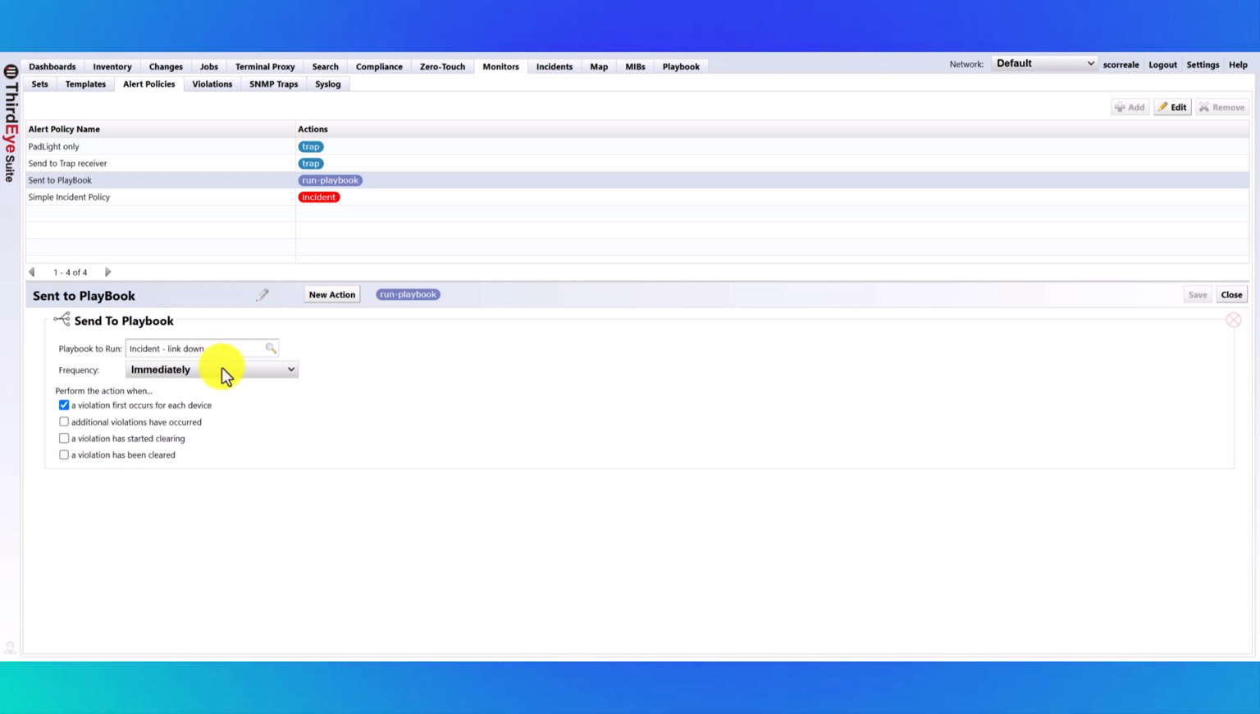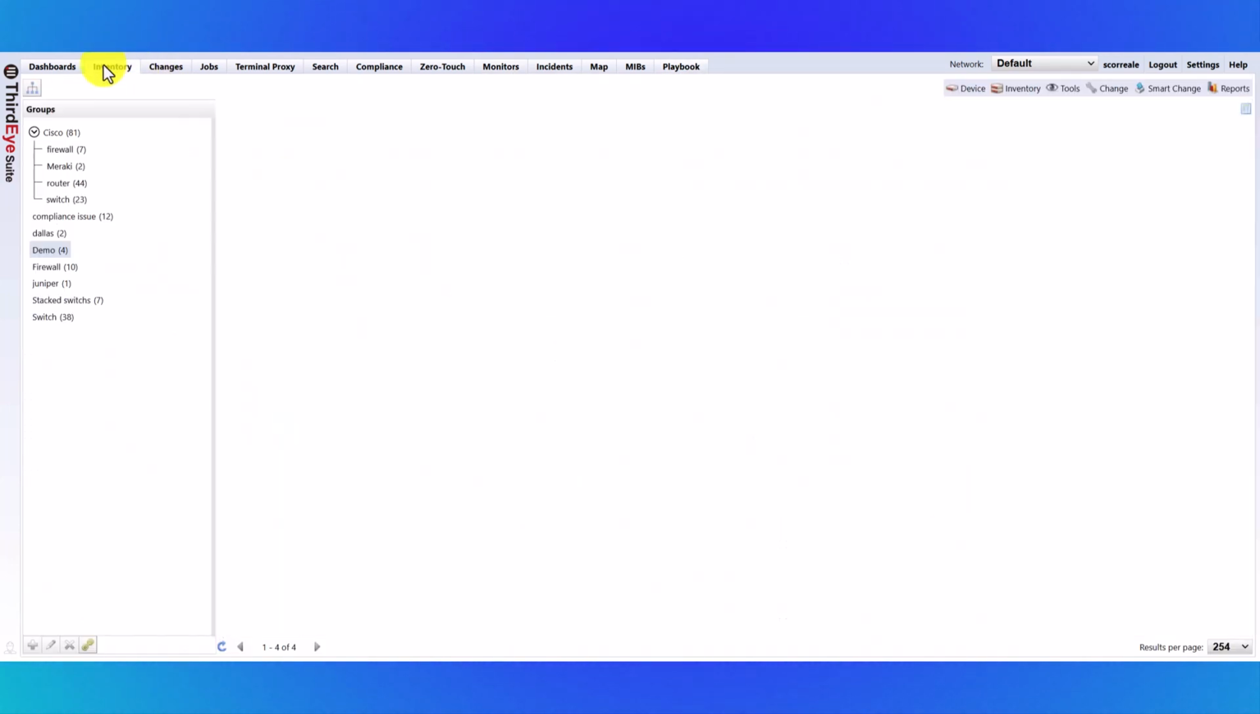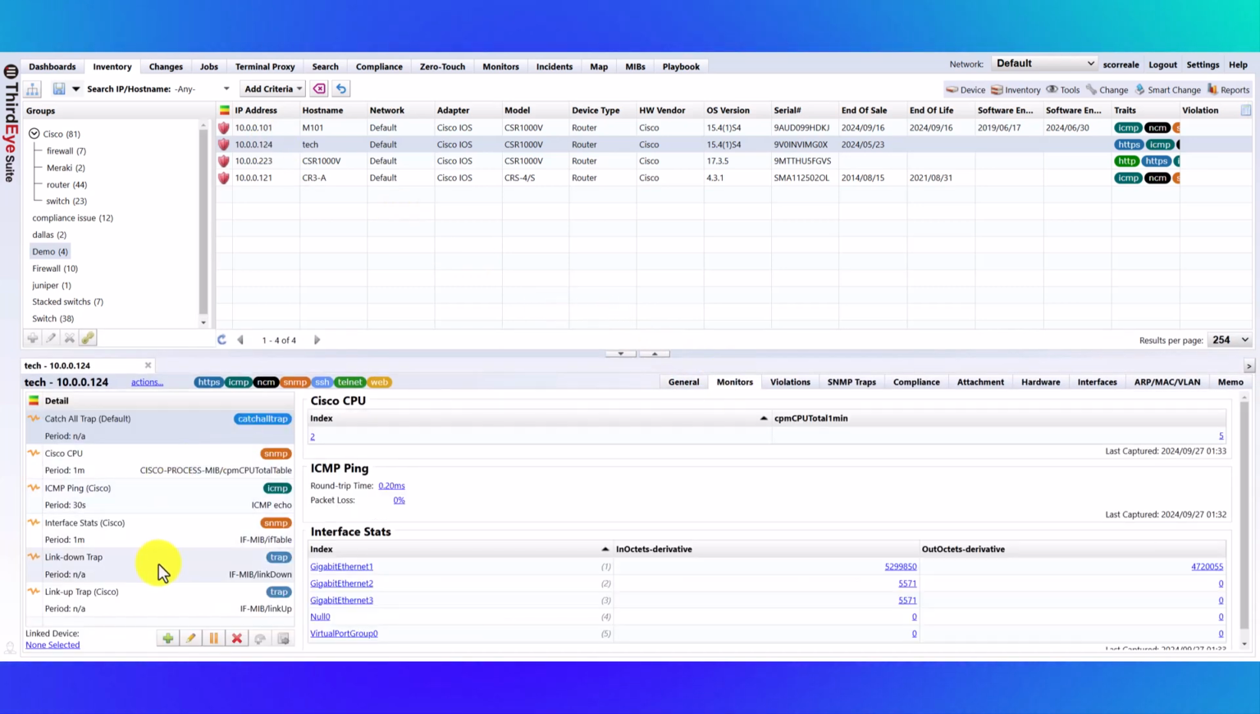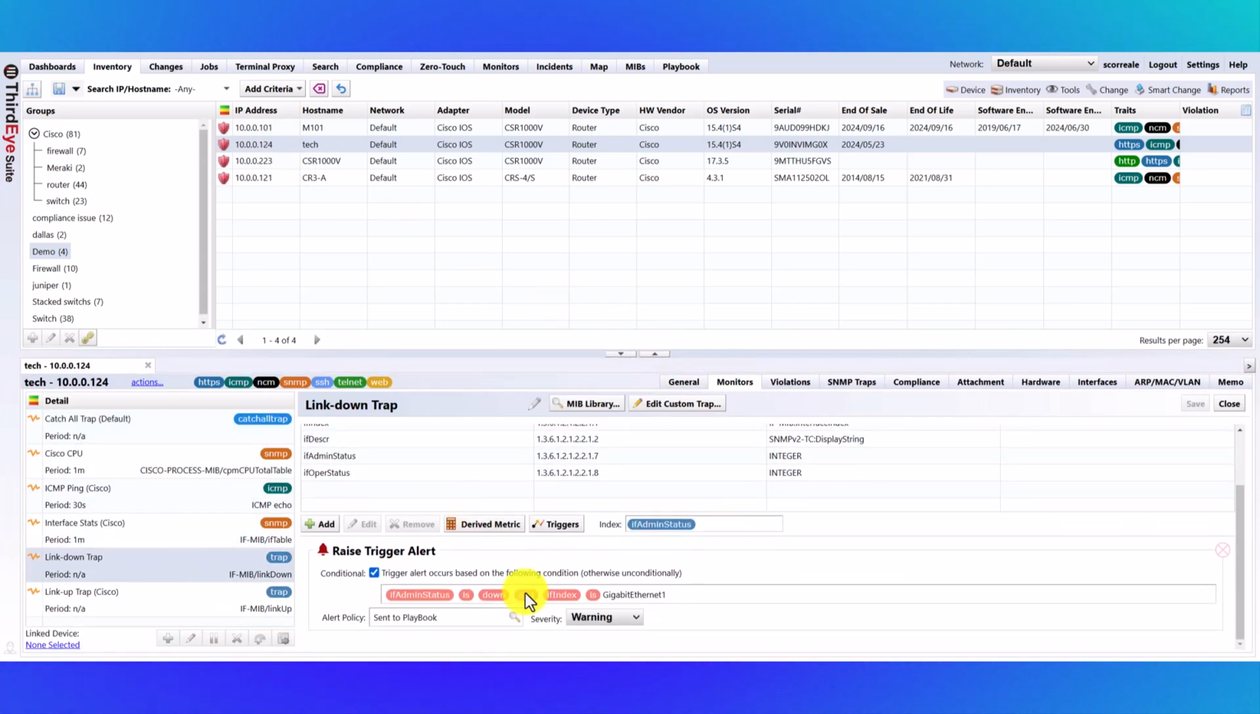So if I go look at the incident job, I go to my monitors. I go to the link down monitor and you can see I have a trigger set up so that if admin is down and if the index is gigabit Ethernet 1, it's going to send a trigger to the Playbook, and it's going to run that job. So if I go back to Playbooks,